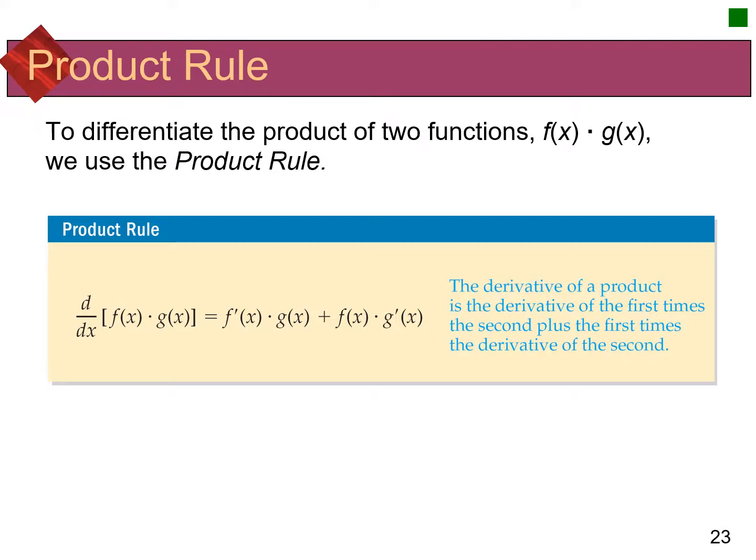For the products, it doesn't work that way. It isn't me just saying f prime of x times g prime of x and calling it quits. The product rule says that if I take a circumstance like that, I'm going to do the derivative of the first function times the second function plus the first function times the derivative of the second function. So for instance, as an example,